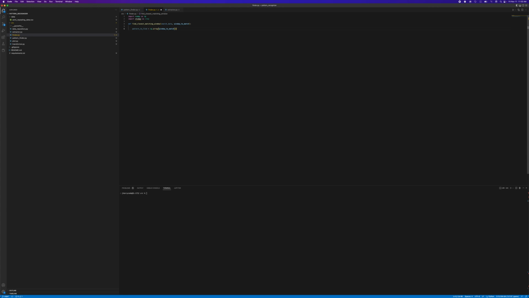So we're going to say that the window to match, we're going to convert that to an NP array. We are going to slice off the first index, not the 0th, but the first, and then we're going to make sure it should already be a float. Doesn't hurt to convert it here. We're going to do the same thing with the values that we want to search. So values to search, same thing, convert it to an NP array so that we can index against it. We're going to take the same slice of it,